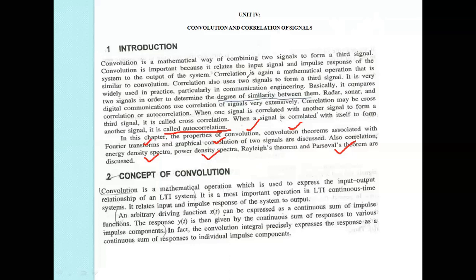You have to learn the properties of convolution, the convolution theorem, graphical representation of the convolution of the two signals, and also the two types of correlation: autocorrelation and cross correlation. In that, the energy density spectrum is psi, and the power density spectrum is S. And also the Parseval's